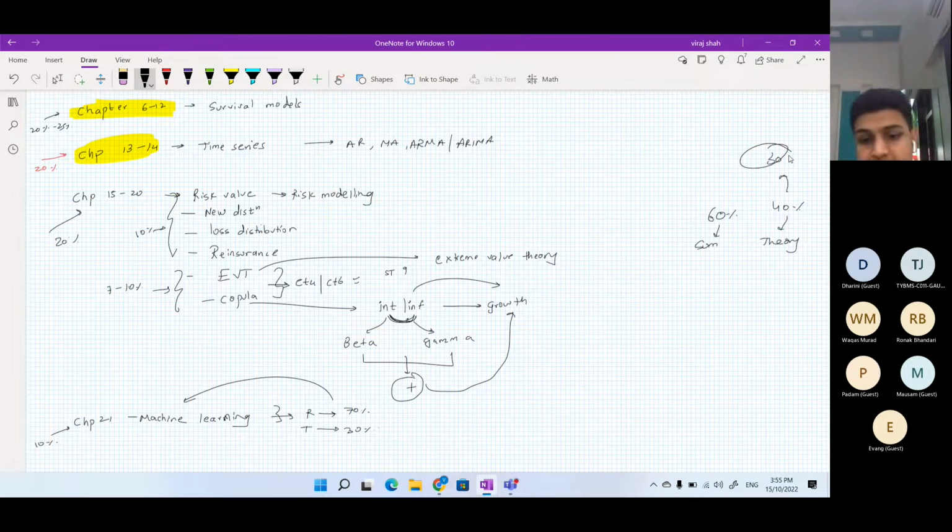Our aim would be to complete the portion by hook or crook, one month before the exam, under any circumstances. When I tell you that the portion will be done 1 month before, it doesn't mean I'm going to rush and finish it. I'll be giving you enough time to solve also. It won't be like I'm just rushing to finish. If I'm doing a chapter, I can do all the sums in maybe 10 or 20 hours.